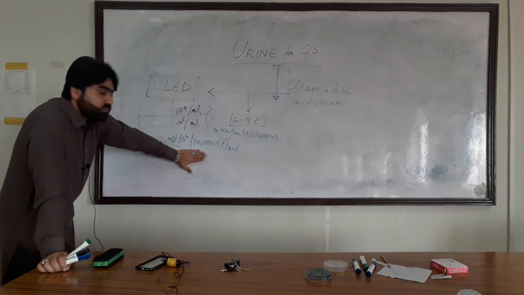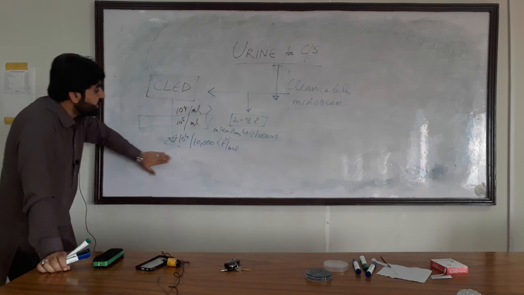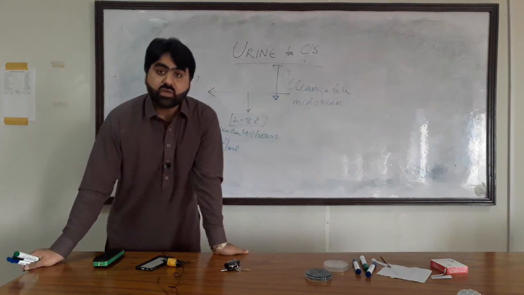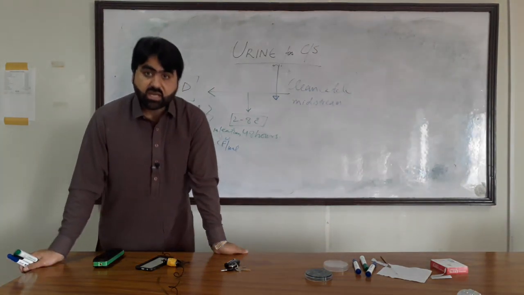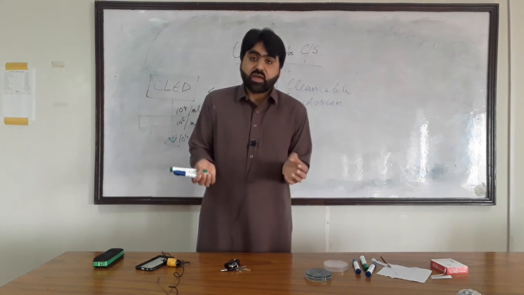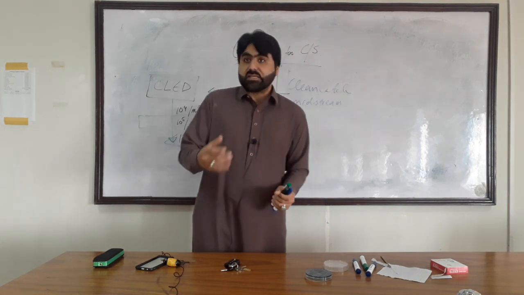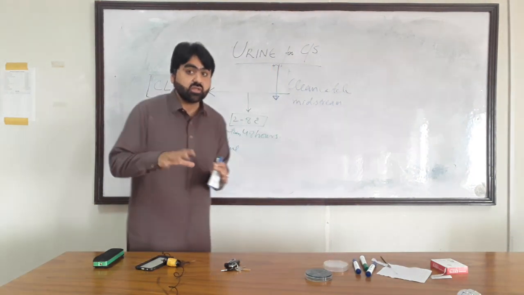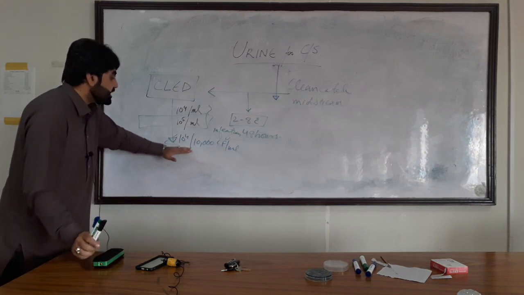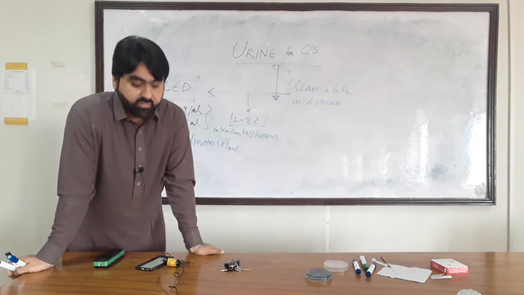But there are very few cases in which we consider a lower count of bacteria per ml of urine as a result of infection, like if a patient is on antibiotic treatment, or if a patient has a very compromised immune system, or in the case of pregnant women. In those cases, we will consider fewer than 10 power 4 CFU per ml of bacteria as a result of infection.